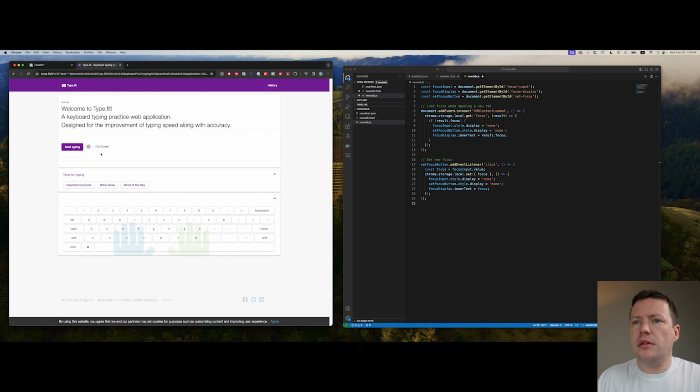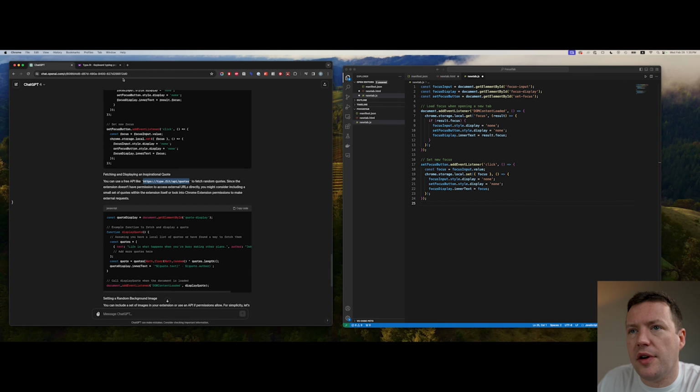This is interesting. Okay, so seems like type.fit is a good place to get hold of these. So it's kind of cool. ChatGPT's also suggested a free API for us to use to fetch random quotes. However, the extension doesn't have permission to access external URLs directly. Interesting. So perhaps we could add that permission